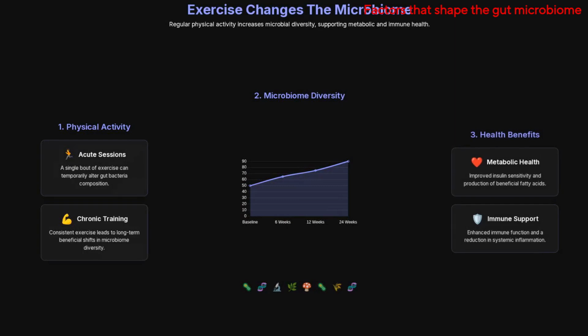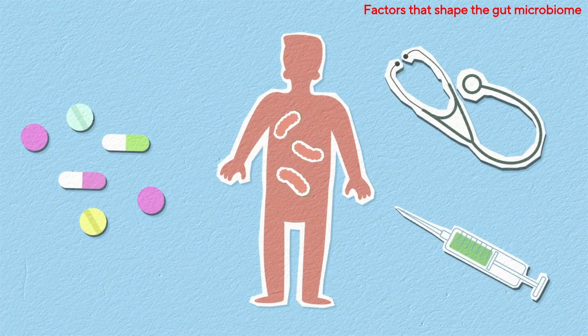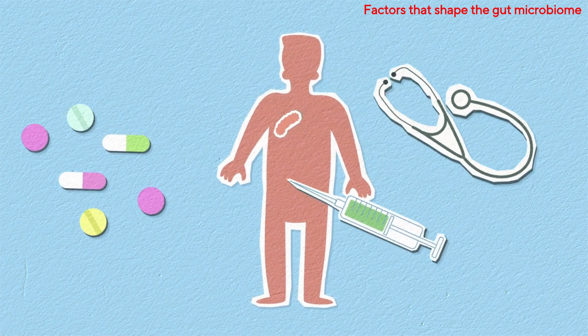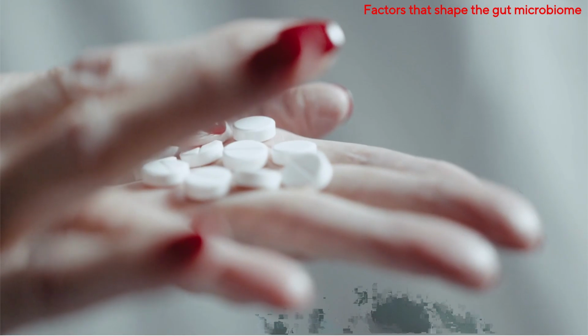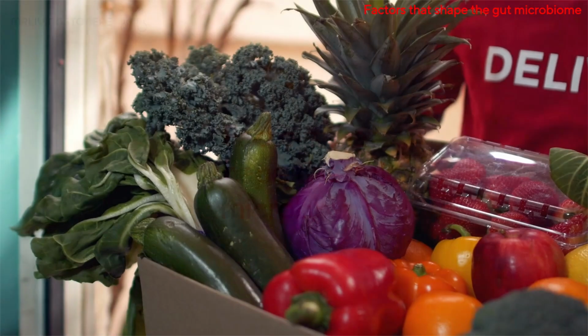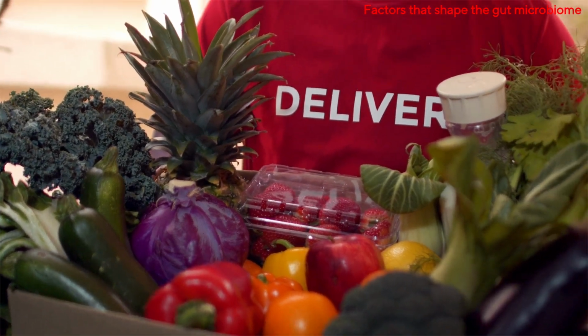Exercise itself changes the microbiome in helpful ways. Regular physical activity, both acute sessions and chronic training, tends to increase diversity and support metabolic and immune health. Medications can strongly affect the microbiome. Antibiotics can disrupt gut communities deeply and sometimes for a long time. Other drugs like NSAIDs can also alter composition and gut barrier function. After antibiotics, focus should be on dietary recovery, including fibre and fermented foods where